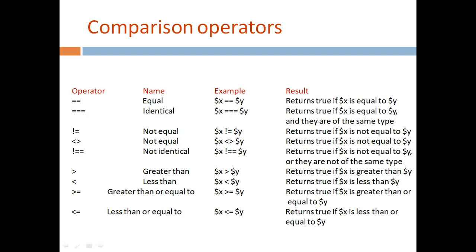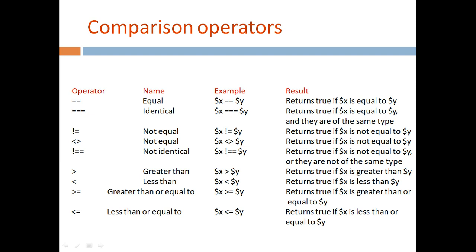So this is the equal to operator, this is the identical operator. Equal to means it will compare two values. If x equal to y, the value in x and the value in y will be compared, and it returns true if they are equal. And identical means it also includes the data type assigned to x and to y. Along with that, it will compare, and if everything remains the same and equal, it returns true. Otherwise, it returns false. This is the difference between the equal and identical operators.